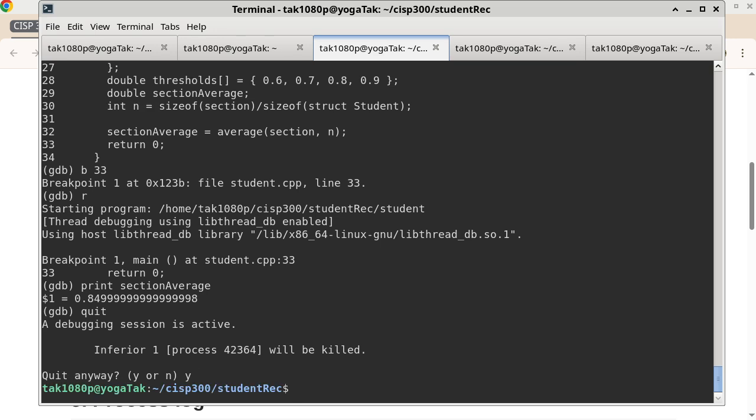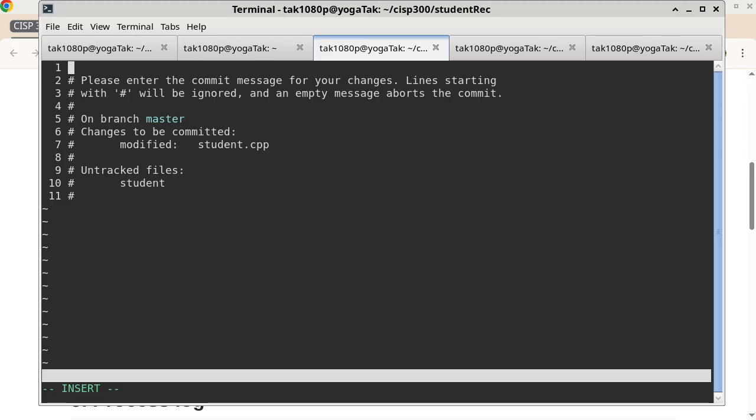So what do we do? Commit. We check it into the repository, what we call the local repository. So we just run that commit again, which is git commit, and then you spell out the name of the file, which is student.cpp. And this time we can say, implemented and verified function